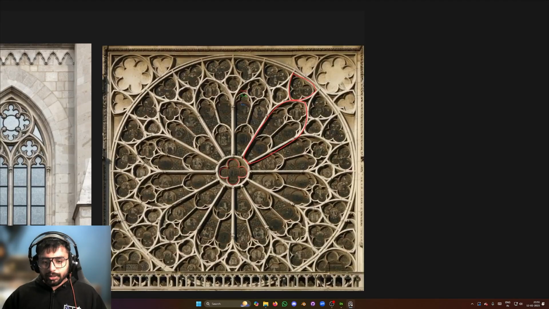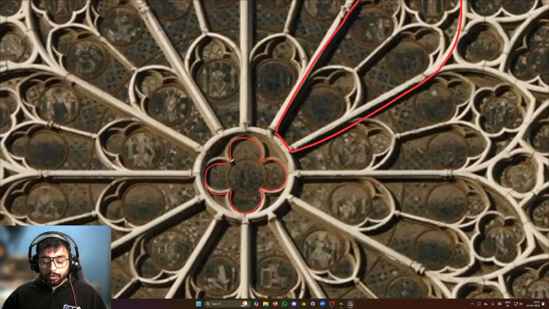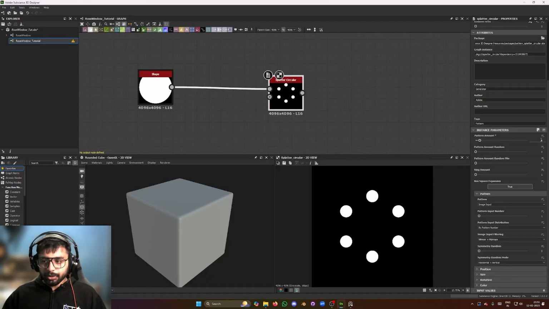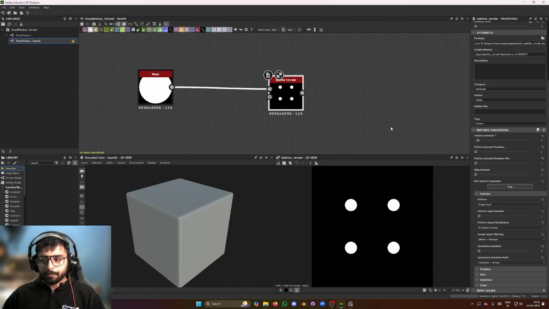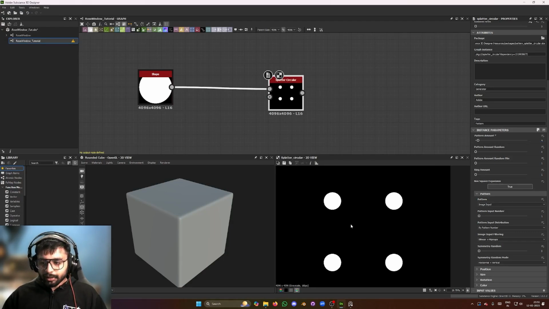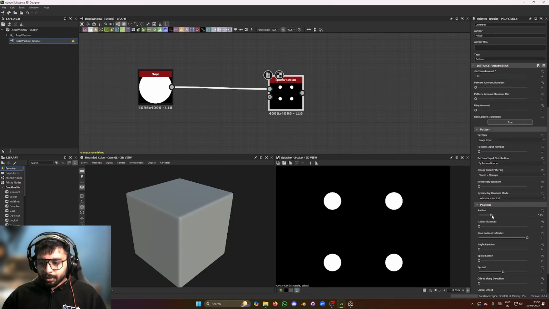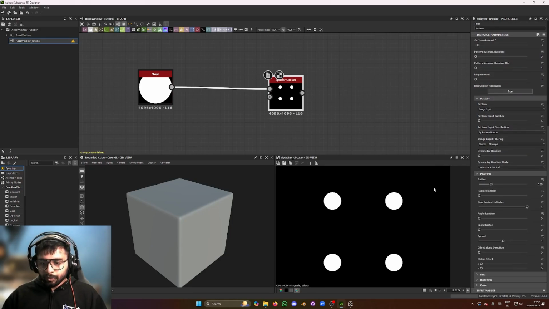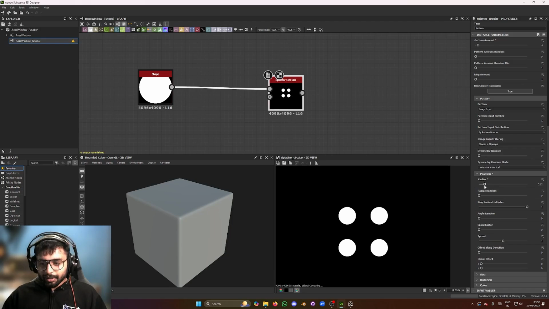So as we discussed, this is a four clover leaf design. So we're gonna just input 4 here, right? And these are so far away from each other, we're gonna have to make them not so far away from each other. So I'm gonna decrease the radius, and